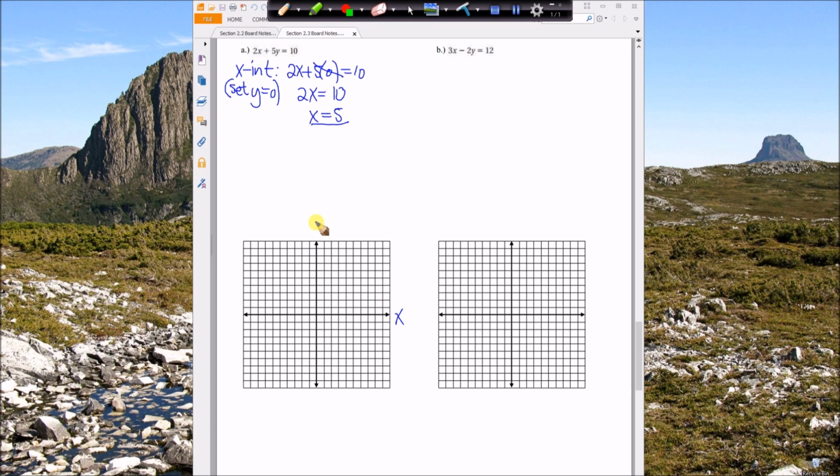Okay, so x, y. And what does x-intercept mean? It's where the line or the function crosses the x-axis. So x is 5 is a point over here on the x-axis. And then y-intercept,